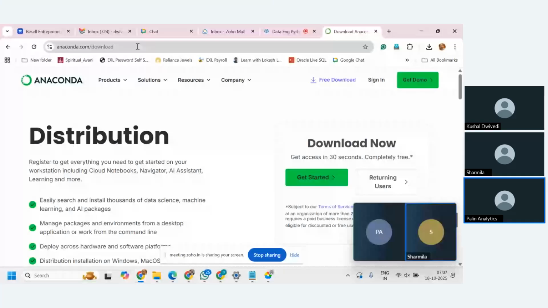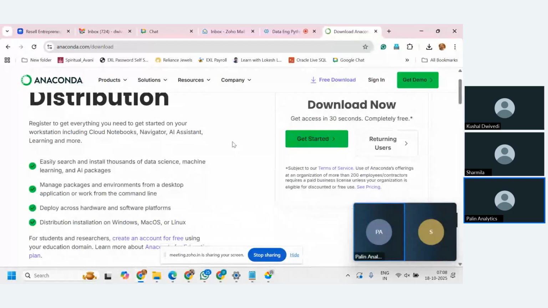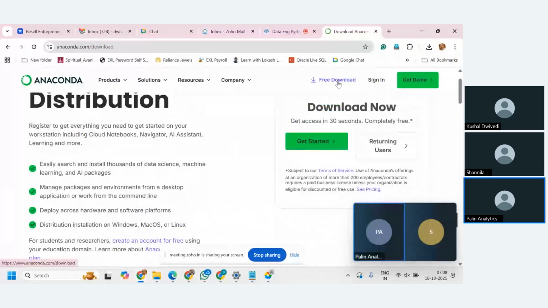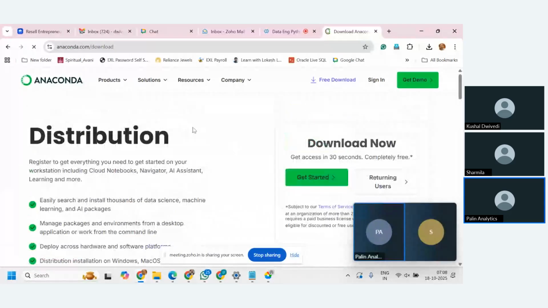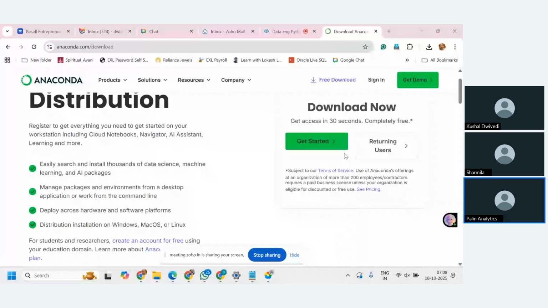Okay, so you have to go on Google, just type Anaconda, and the very first thing you will get is the Anaconda Navigator. And there, you have to go on free download. In free download, you will get this link, download now. You can click on this, get started,